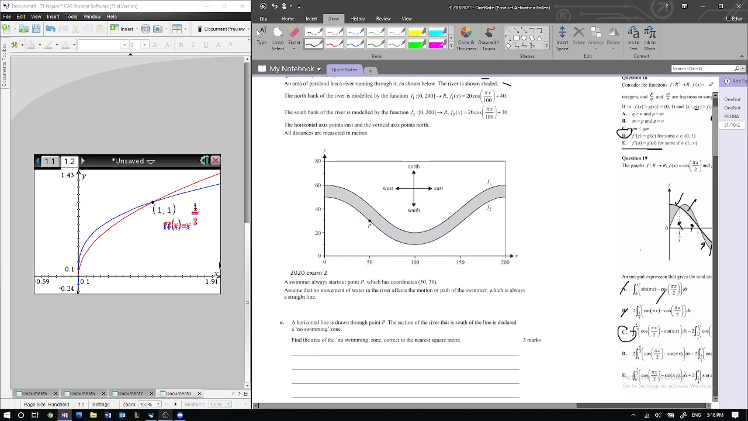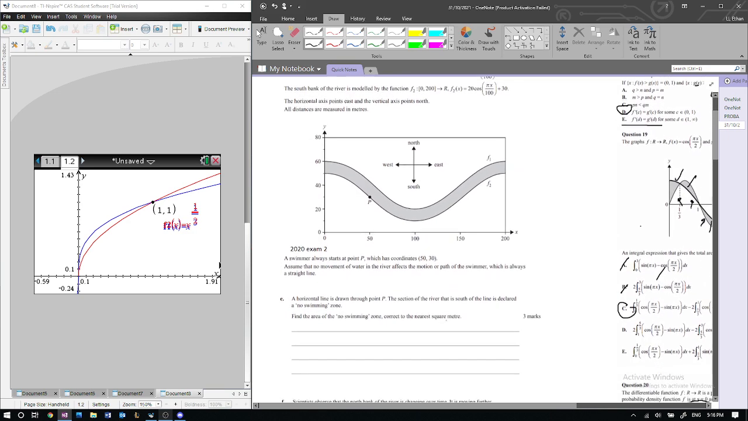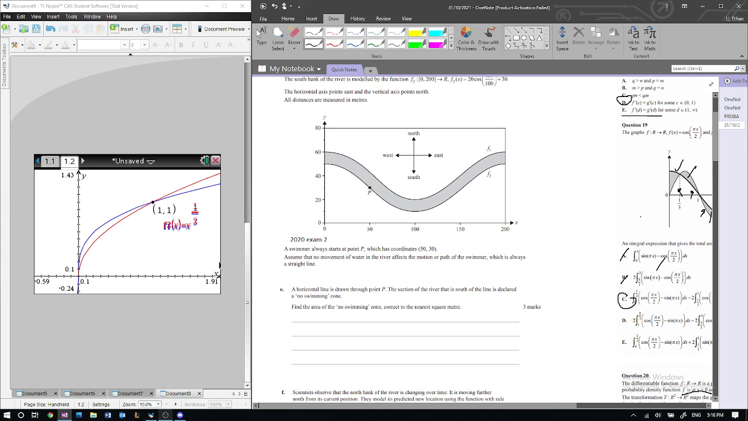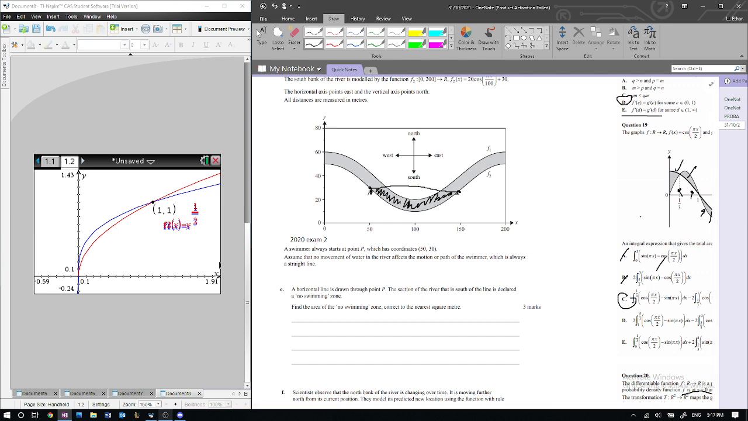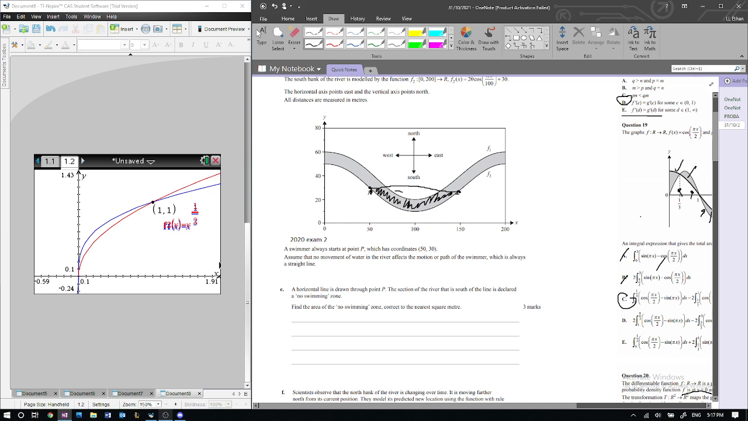Starting from question E, a horizontal line is drawn through point P. The section of the river that is south is declared as a no swim zone, and it's telling you to find the area of this. So it might come across as a simple question because it's just one function minus another, but you need to account for these areas on the sides, because if you think about it,